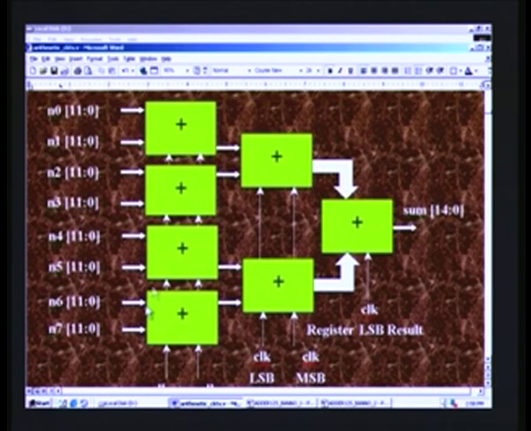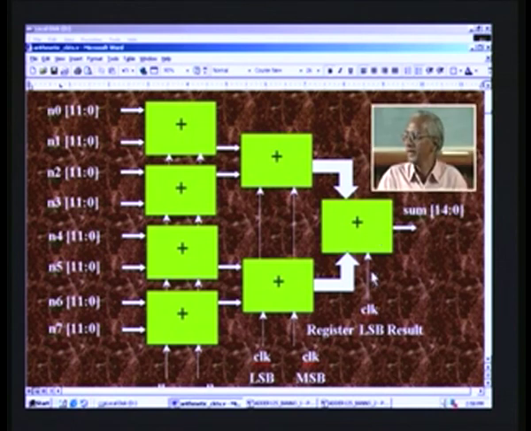the second stage. This is the first stage, this is the second stage, this is the third stage, and once again there is a clock input here, and at the arrival of the third clock we would have added the LSB of these 2 here, and with the arrival of the fourth clock we will be adding the MSB of these 2 inside and register here, and finally 2 outputs emerge from this here, and you can find once again an adder in the third stage here, and this addition has an internal register once again, and the final output is not registered, because that is the requirement for the DCTQ application,